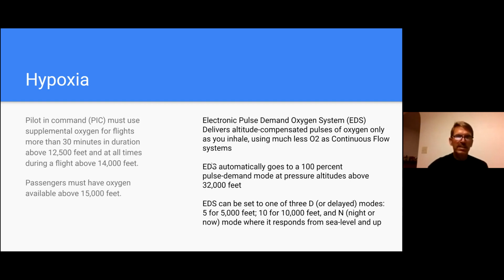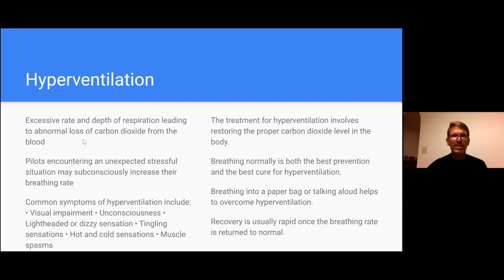Hyperventilation is the excessive rate and depth of respiration leading to abnormal loss of carbon dioxide in the blood. So it's an insufficient amount of carbon dioxide. It's basically a chemical imbalance that you're putting on your body. The reason you might have this happen is under stress. You might hyperventilate, breathe too quickly. The symptoms of it are quite similar often to hypoxia. And so,